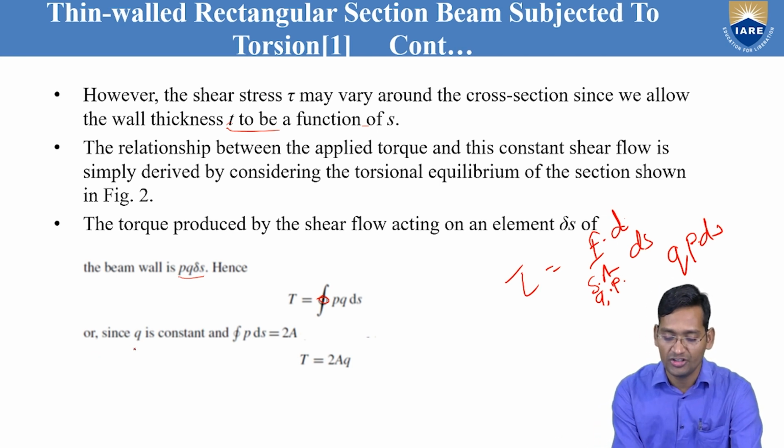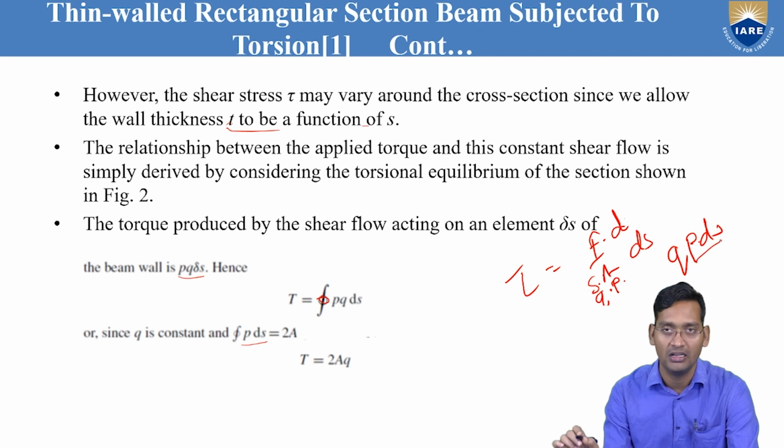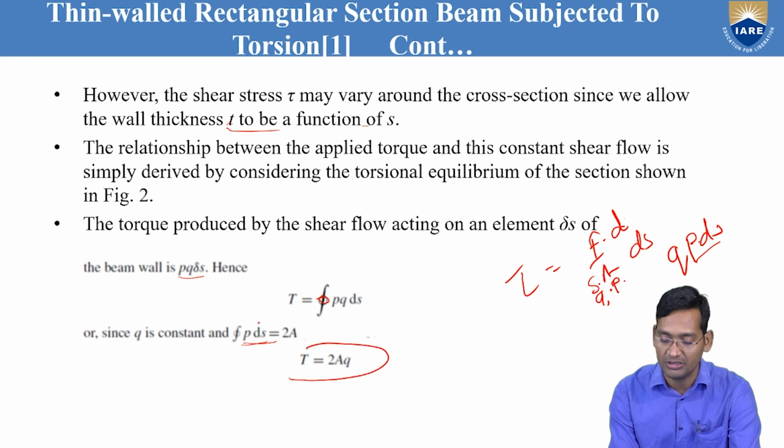Now just see, since q is constant, the closed integral of p ds equals to the area. P is that boom area and ds. So that p ds will be equal to what? 2A. So overall T equals to 2, or you can simply write this as T equals to closed integral of,